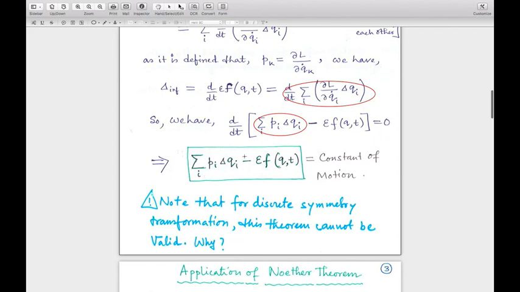So this part is given by the p_i's and delta q_i's, that means the variables of the Lagrangian, and this part is given by the epsilon times f, where this function can only be